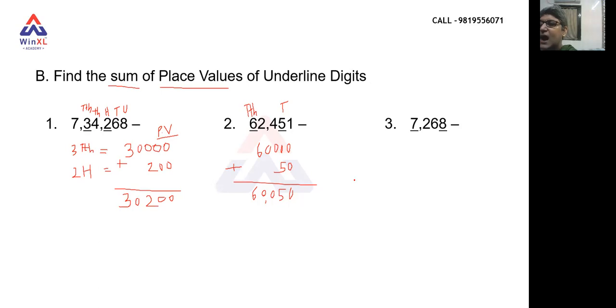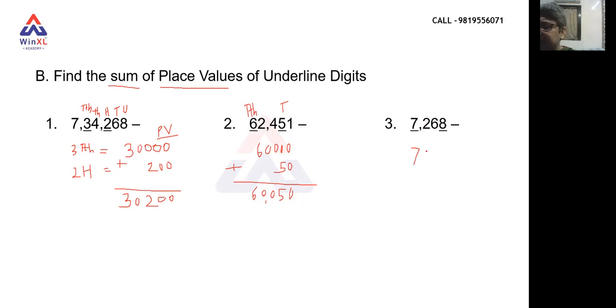Now here I am teaching you the shortcut to find the place value. As we have less time to solve this type of example, and these types of examples are very easy, we can use the saved time for another question. So instead of doing all these steps, if they ask us the sum of place values of underlined digits, what do we do? It is a 7. So we write 7.